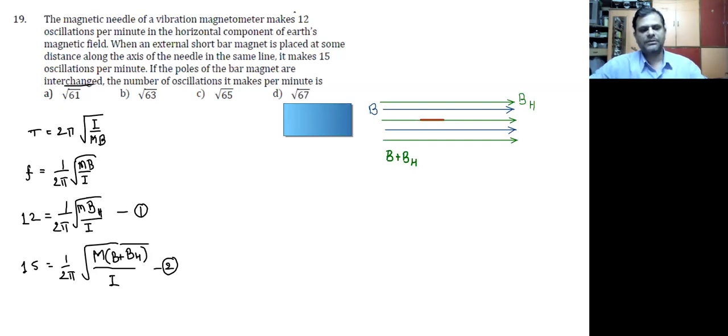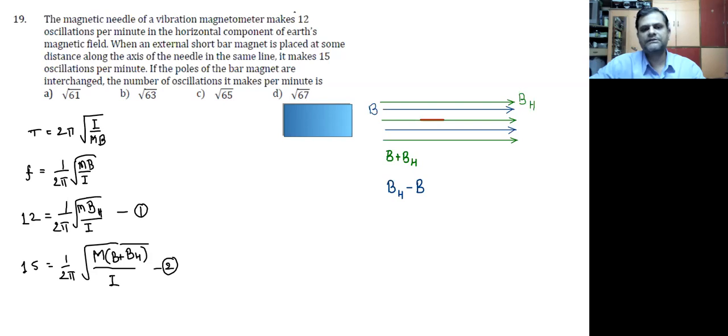ओके, तो मतलब अभी देखो यहाँ पे कि मैग्नेट के जो पोल्स है, तो वो इंटरचेंज कर दिए. इस मैग्नेट को हमने मान लो उल्टा कर दिया ऐसे. जैसे हम उल्टा कर देंगे तो ये मैग्नेटिक फील्ड भी रिवर्स हो जाएगा, बराबर. तो मैग्नेटिक फील्ड रिवर्स होने की वजह से उसका डायरेक्शन अपोजिट हो जाएगा, और उसकी वजह से यहाँ पे जो नेट मैग्नेटिक फील्ड बनेगा अभी, तो वो एक्चुअली B minus BH बनेगा, या BH minus B बन जाएगा. समझ सकते हो ठीक से, BH minus B, इतना magnetic field बनेगा finally,